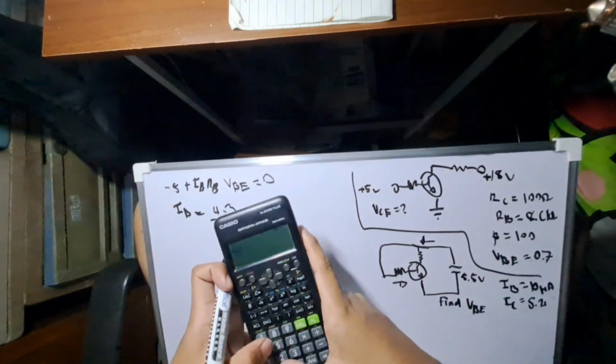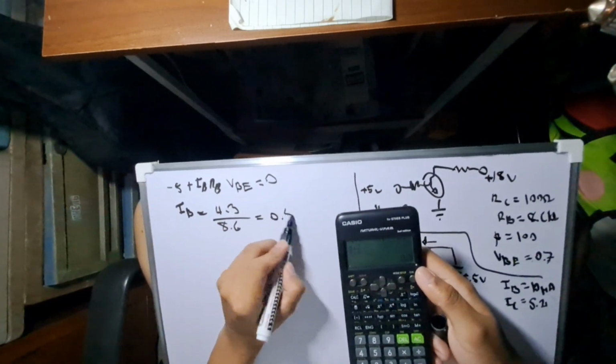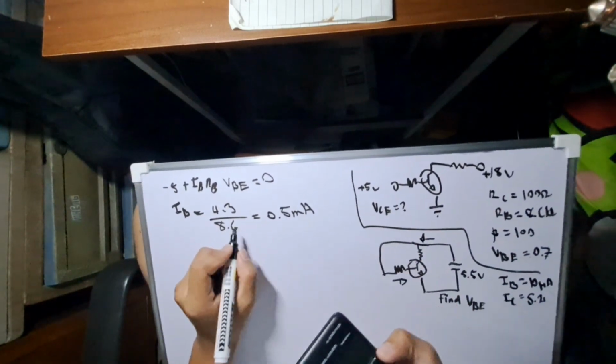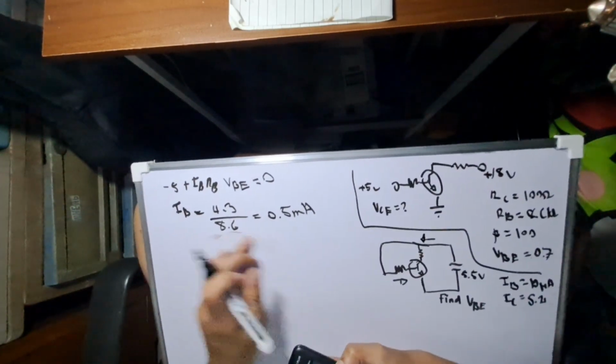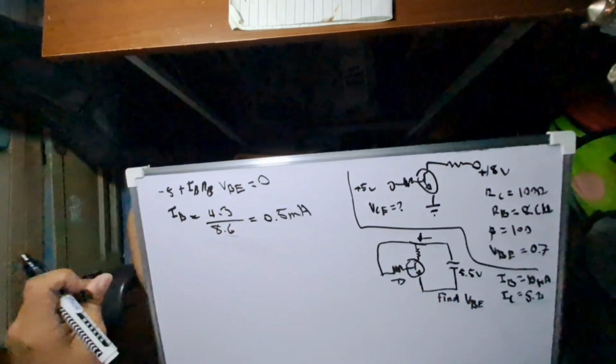Divided by 8.6 will have 0.5 milliamperes, for the reason in that kilo, itong si 0.826 rather. So with that in mind, kunin natin